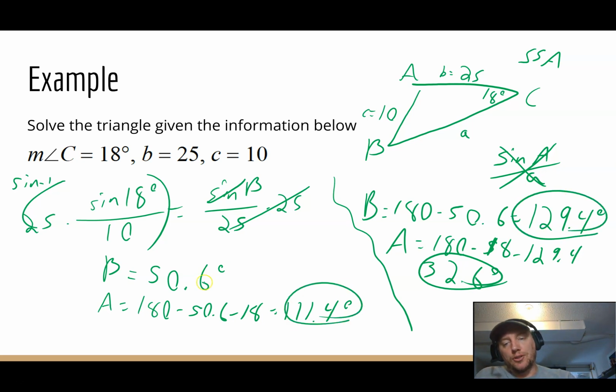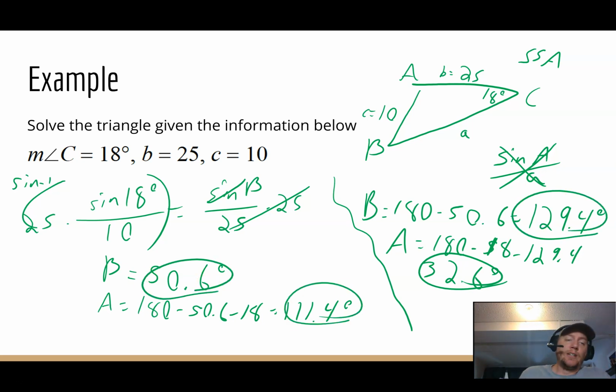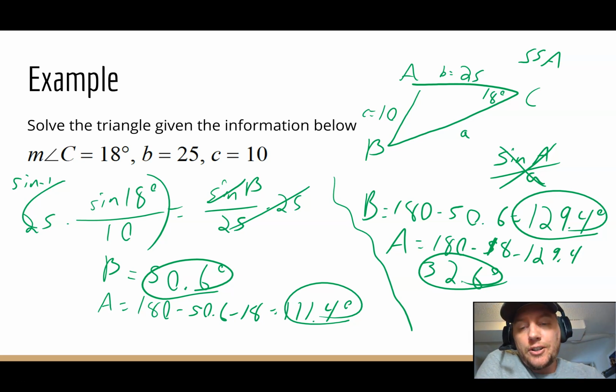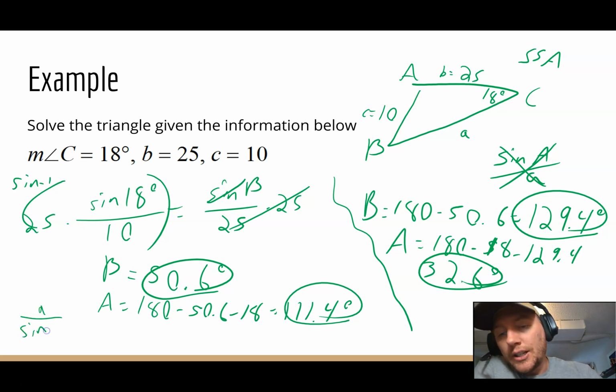So both the solutions are potentials, which means I have to do the same exact last step on both of them to find the last missing side. And then I'll have my two possibilities. So let's see. Over here, so in both of them I still need little a. So I'm just going to set up a fraction, little a over sine big A, which is 111.4